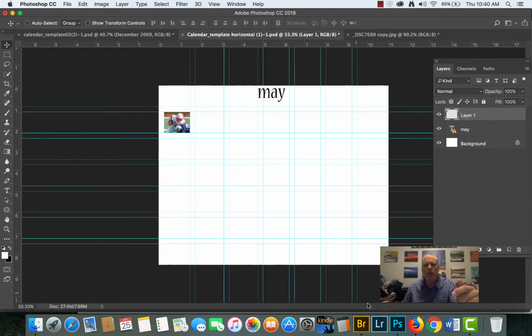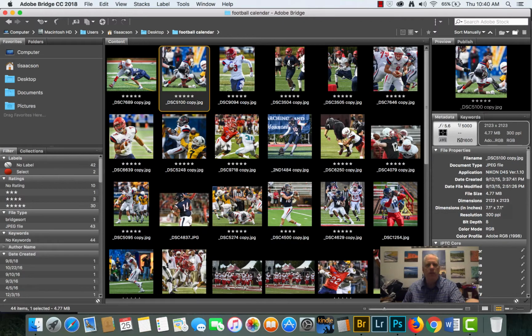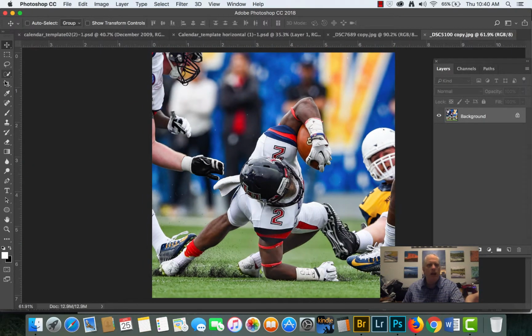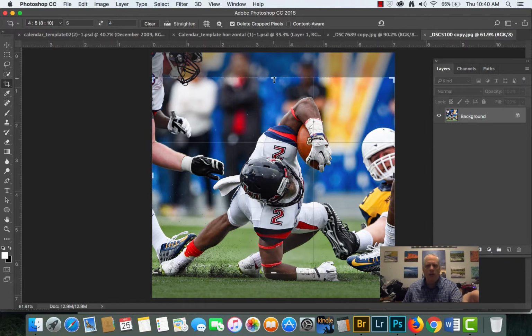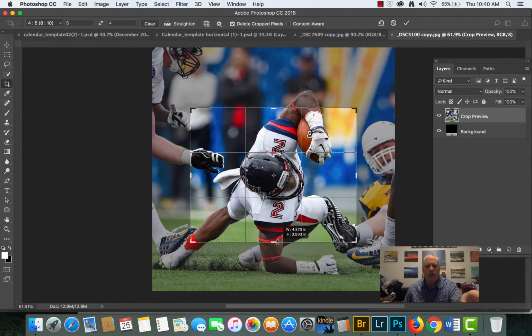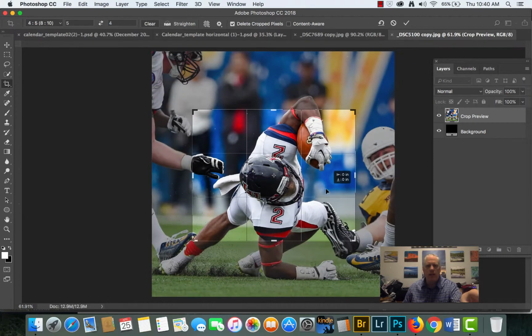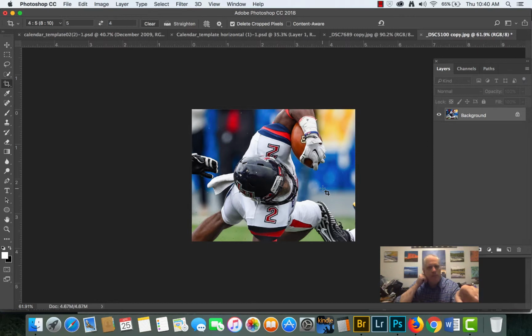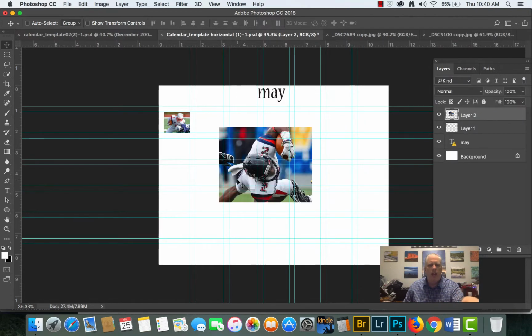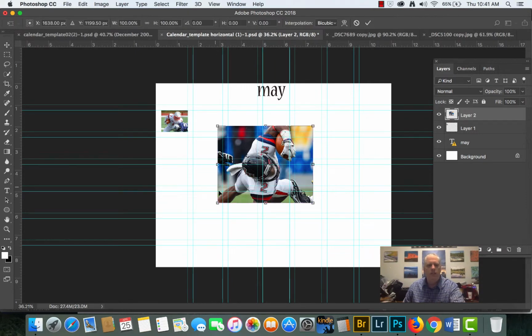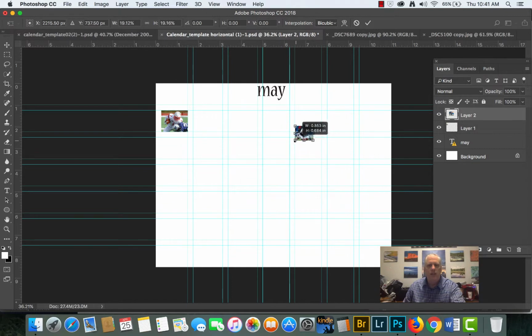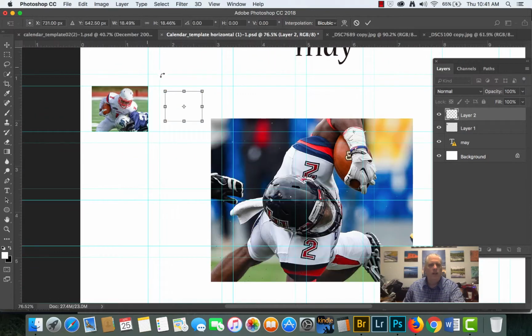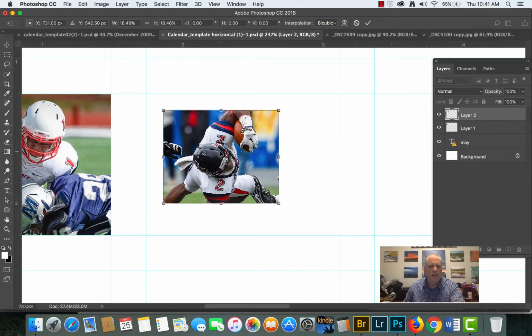Okay, so let's go back to Bridge and get another one. Here's my number 2 photo. Double click on that, bring it into Photoshop, crop tool, and crop in a little tighter on just the numbers. Something like that. Press Enter or Return to accept the crop, and then get the Move tool and move this to our template, and Command-Control-T to Free Transform and resize it, shrink it down, move it into box number 2, zoom in,